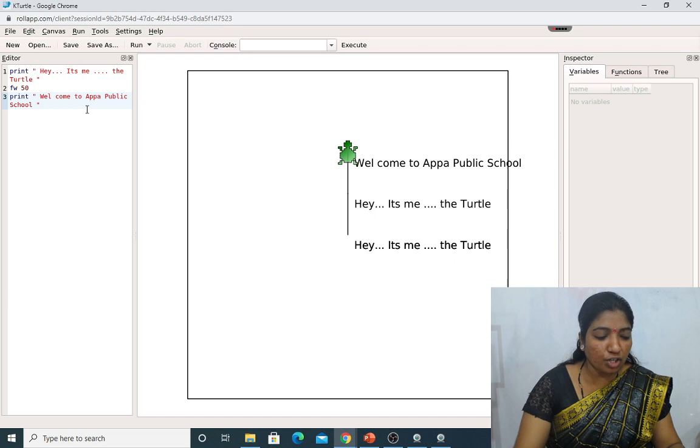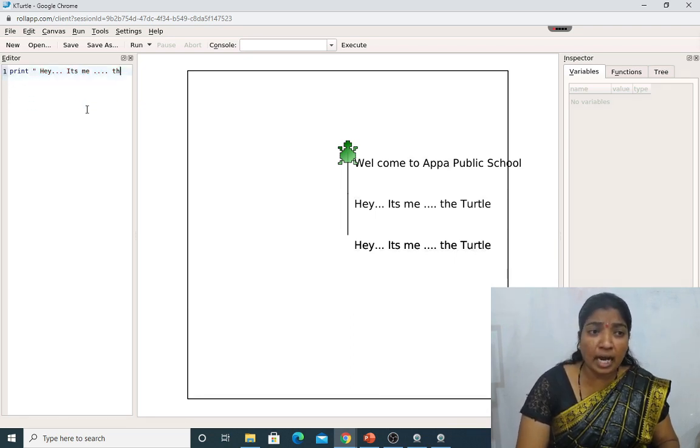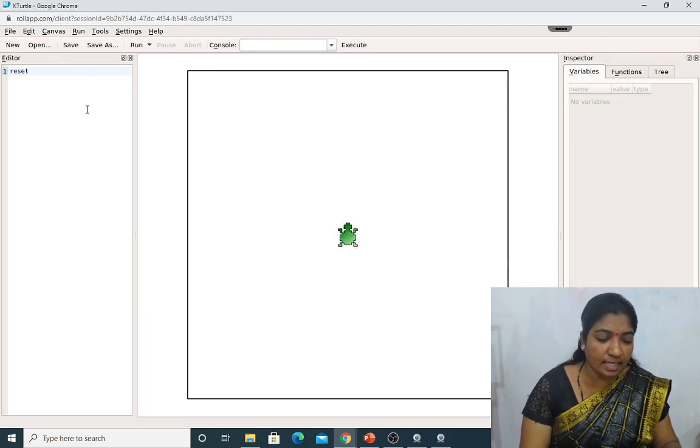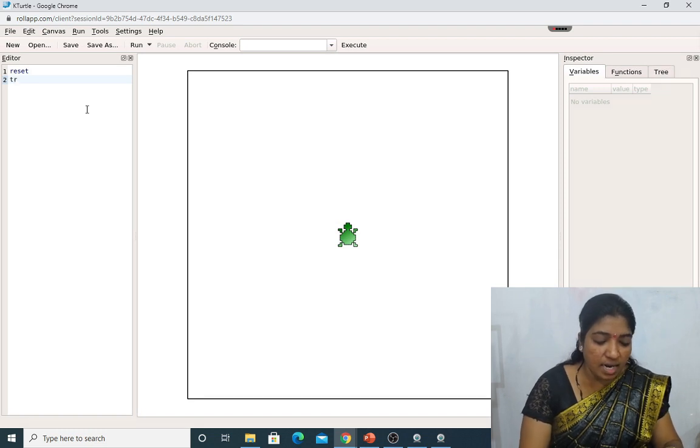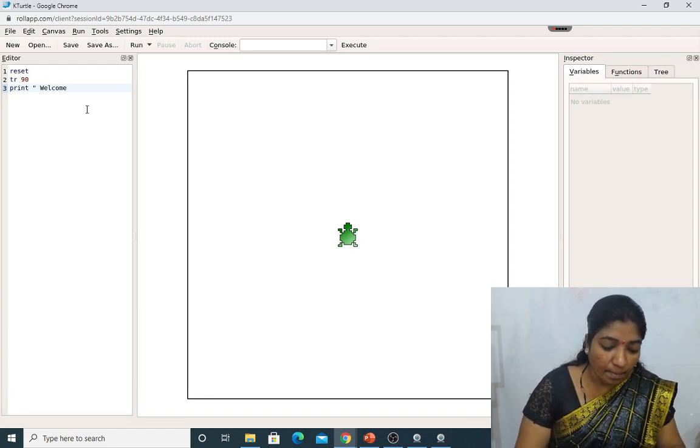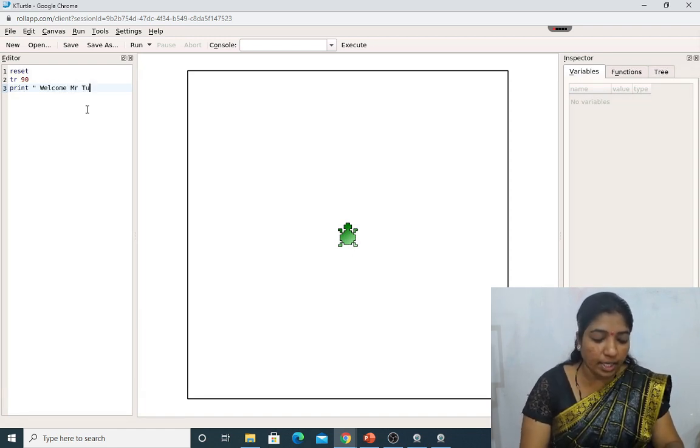After this, we will be erasing all the commands, text as well as number, and again we will deal with the reset. After that, turn right 90 and then print welcome Mr. Turtle.